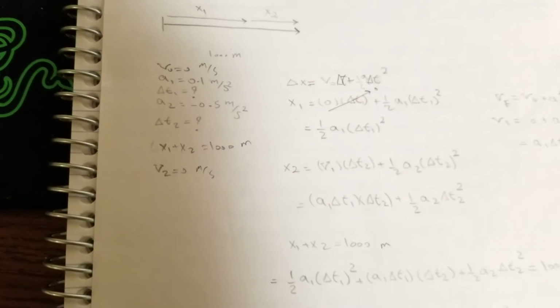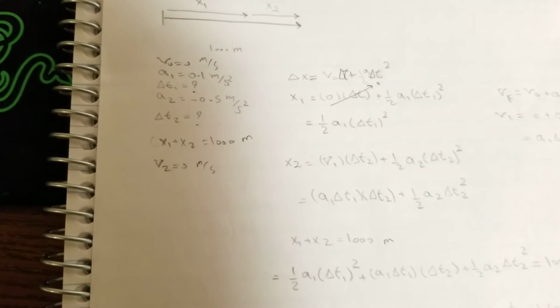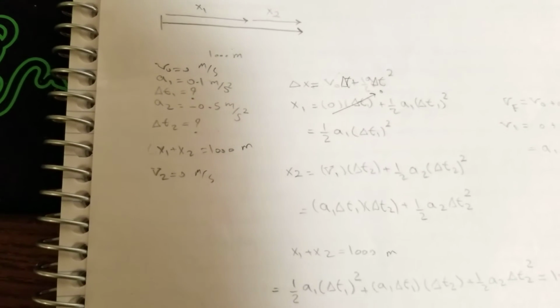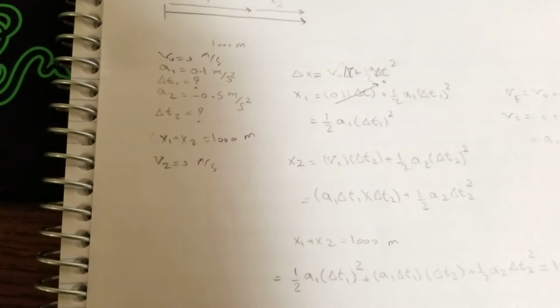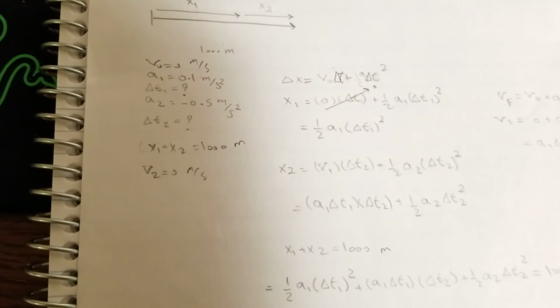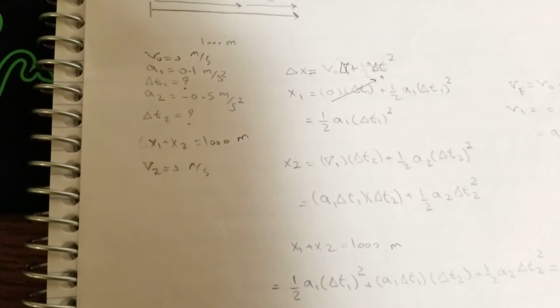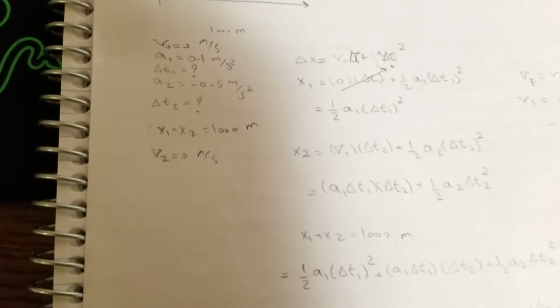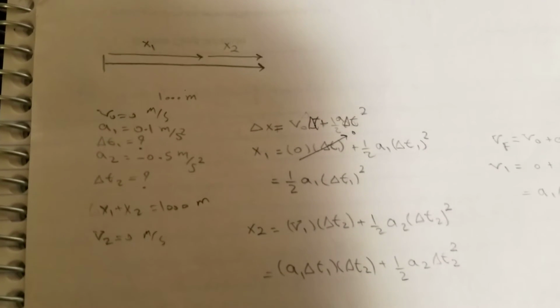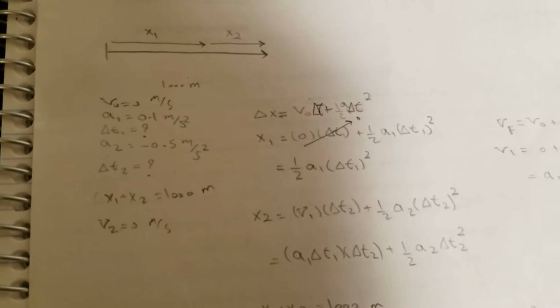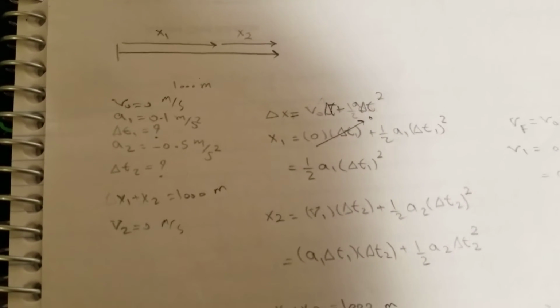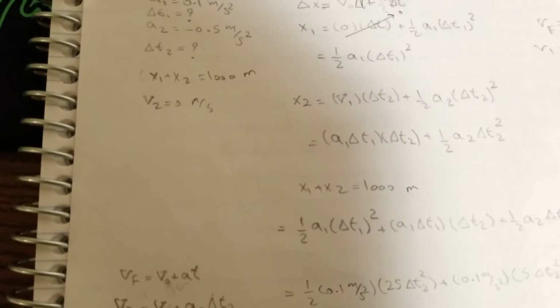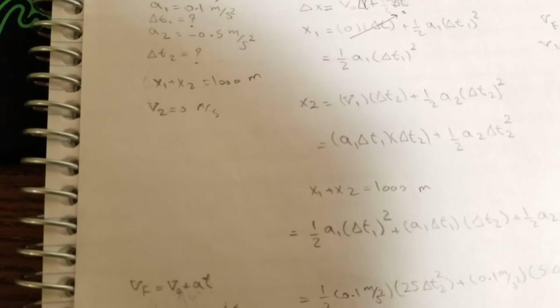And these are our given data. V initial is equal to 0 meters per second. Then a1 is equal to 0.1 meters per second squared. We don't have delta t1. And a2 is equal to negative 0.5 meters per second squared. We don't have delta t2. And then we call the distance traveled by the train for segment 1 x1, and for segment 2 x2, and x1 plus x2 is equal to 1000 meters. And then the train stops at the end, which means that v2, the final velocity, is also 0 meters per